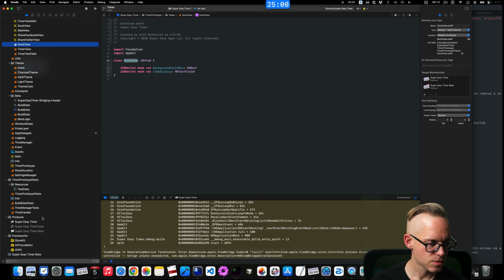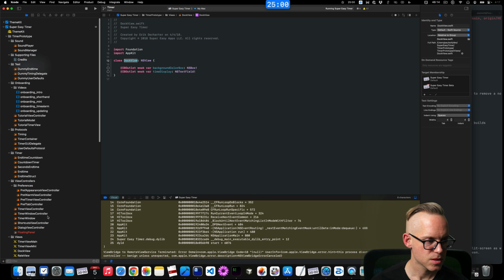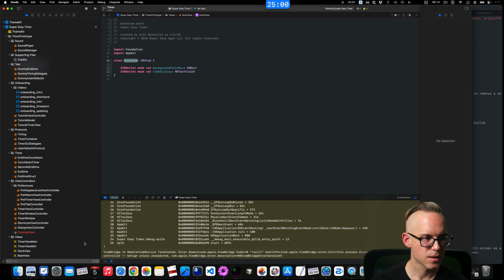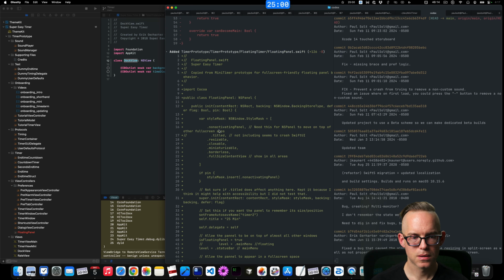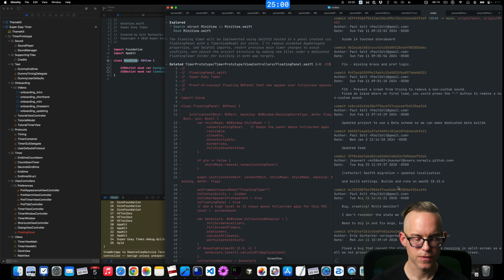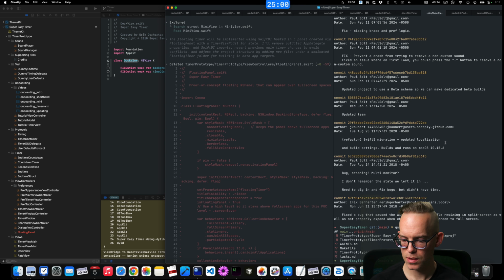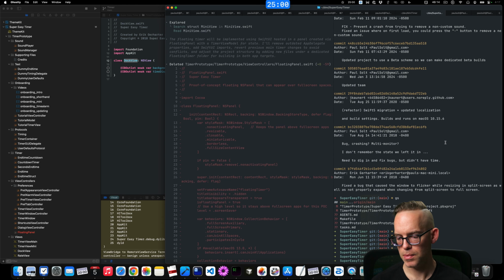But is it going to give me an SPM package or something? Or is it just going to copy in the resources? What is it going to do? If it doesn't create a SPM package, it's not going to build correctly. So that could be problematic. But what we can see is it's writing a bunch of new code files. And if we look at what it's doing down here at the bottom,